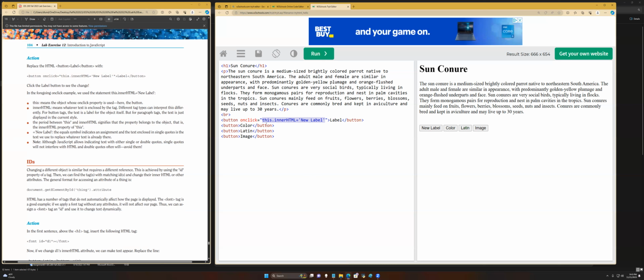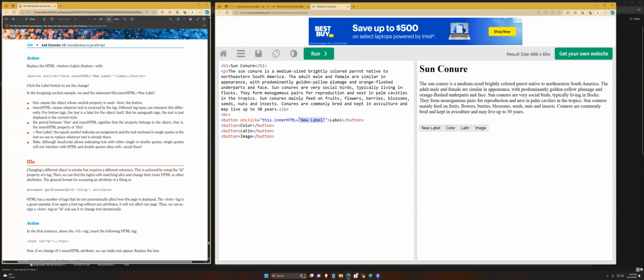So this here means the same object that just got clicked. This is a general self-referential object term on web pages and in a lot of other languages too. So here it just means whatever thing got clicked, change the property of that object. Inner HTML is generally the code that appears in between the opening and closing tag of an HTML object. So here the text label is the inner HTML, and what we're going to do is replace it with the